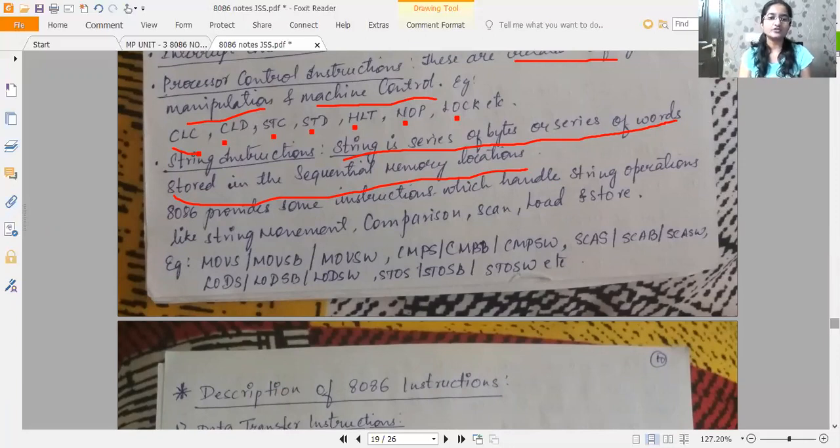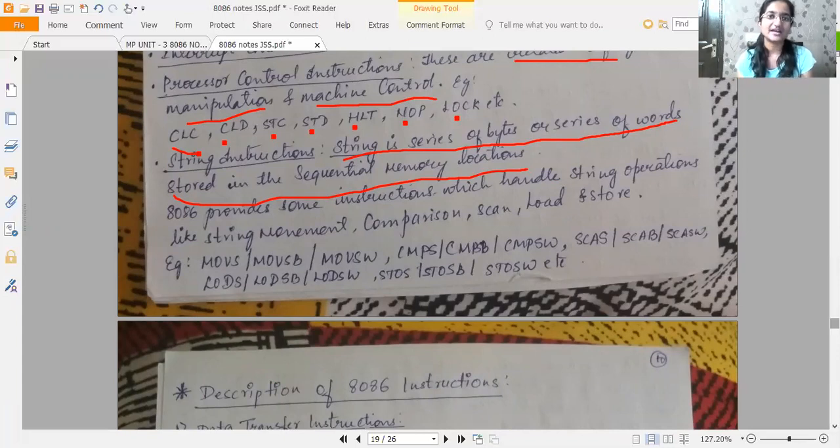But in move or scan, scanning is also a kind of comparison only. But the outcome of scanning is different from the outcome of comparison. Now for example, comparison and subtraction. What is the outcome of comparison and subtraction? Basically comparison is also subtraction only, right? But what is the outcome of comparison?